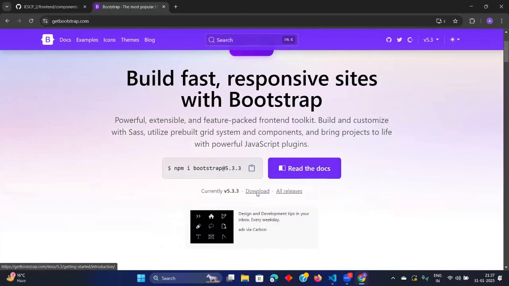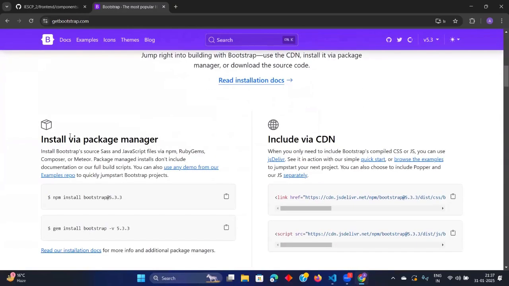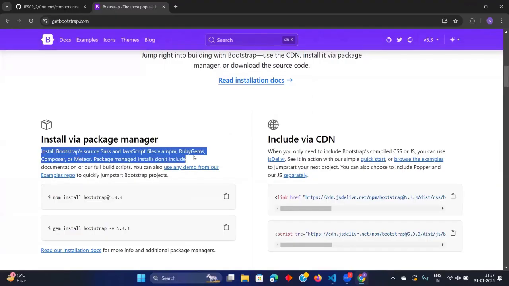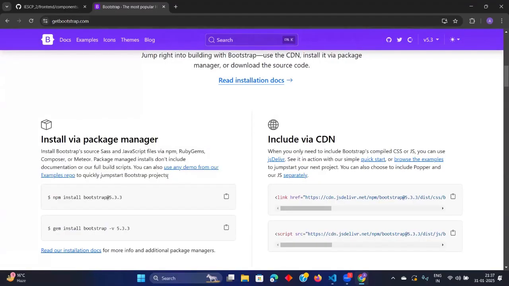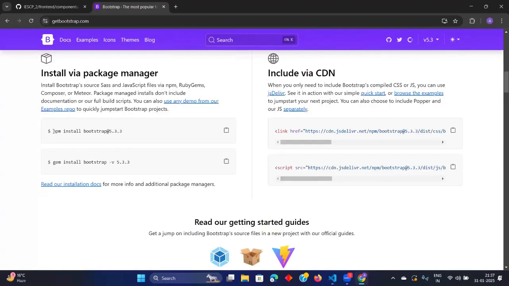Copy to clipboard, read the docs. How to install this? Get started. Install via package manager. It is saying install Bootstrap source and JavaScript files by npm, Ruby gems and all these things. So it is saying npm install bootstrap, gem install. Yes, the CLI thing. Then you can use Bootstrap a little bit differently,